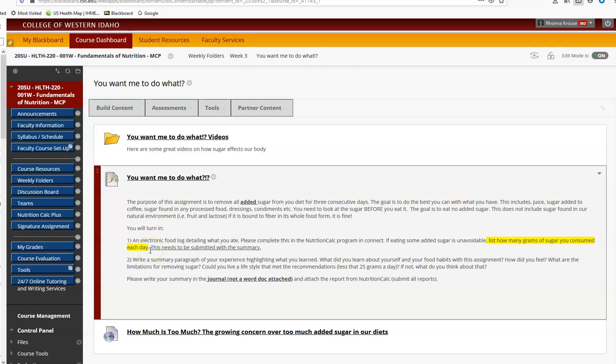So a little bit of added sugar might be unavoidable. For example, almost all bread has a little bit of sugar that's used in the baking process. I wouldn't freak out over that. I do not consider unavoidable, I really have to have my energy drink, or I have to have my Dutch Bros. That's all a choice. And so really be thinking about what's truly avoidable and what's not.